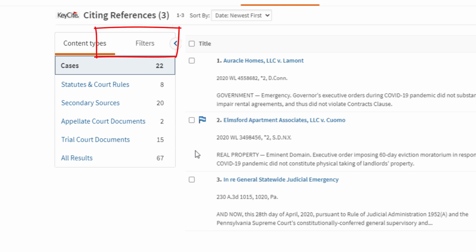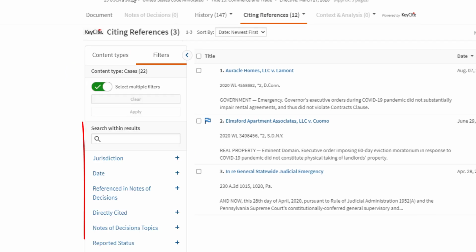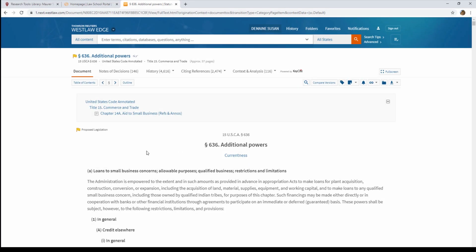Notice also that there are filters you can use in the Citing References tab. You can search within the results, you can change jurisdiction or date, or so on. Let's contrast what we've just looked at